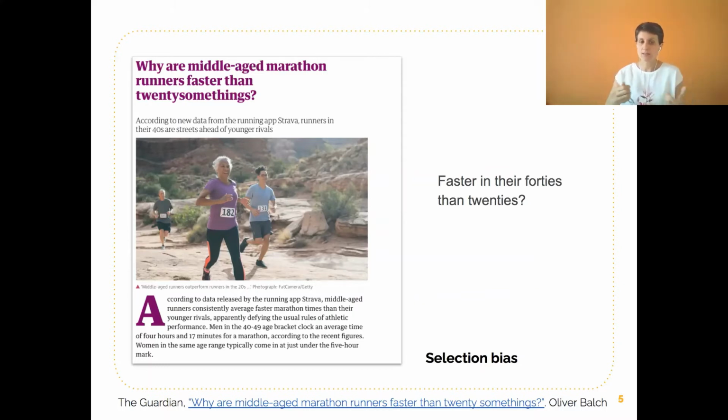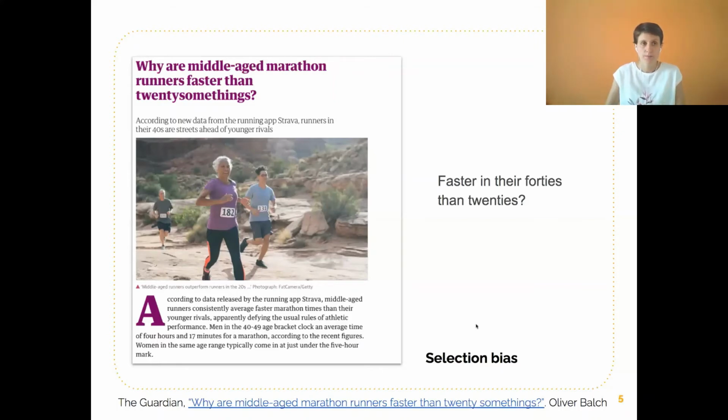And this is a typical example of selection bias, in which we find a result that is not true due to the fact that the data set itself had a bias, and the bias here was due to the fact that the data was collected through this running app. So this is another example of how careful we have to be when we build a data set to draw